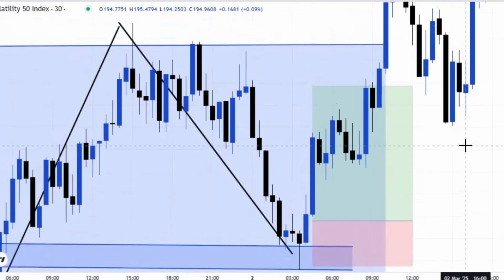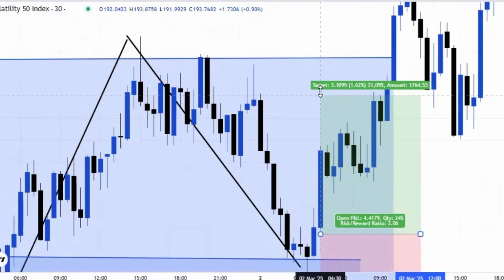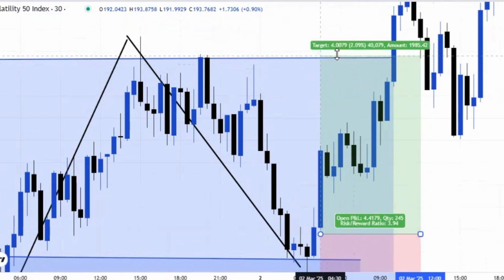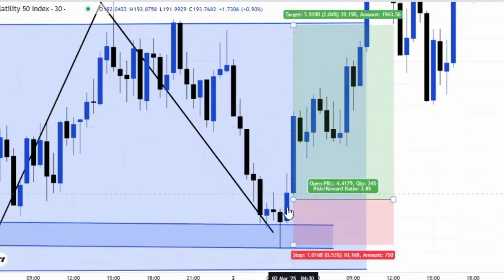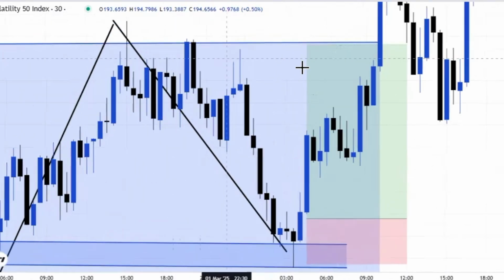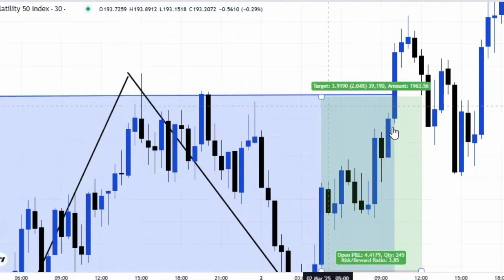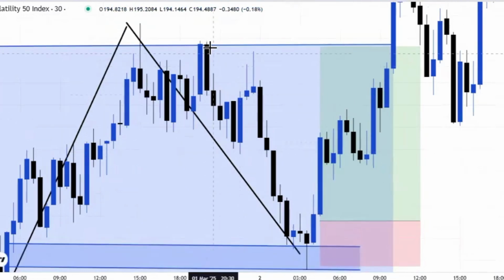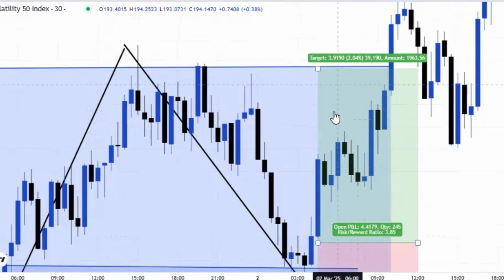Now our next TP, like I usually say, target the next swing high if you are buying. If you are selling, target the next support level. So my first TP now is going to be the next swing high right here, because I'm buying. You can see we have price breaking that level. Price broke it, but just to be on the safer side, I'll target this next swing high, and you can see that the profit was actually massive.